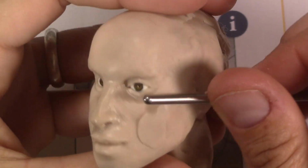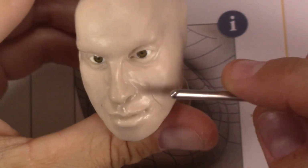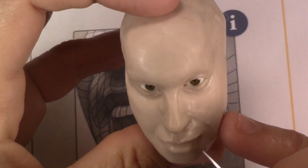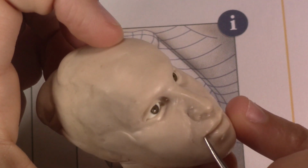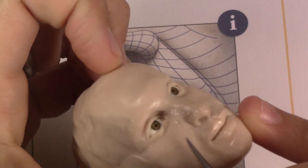Just try to give it more of a symmetry. Not working on the shape right now. And now, just like the nose, we are gonna keep on working in this with a lot of observation, trying to match up the shape of her face and lips,